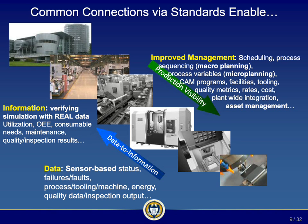But the idea really is to be able to present the data at the right level. It might be for a machine tool, what's my uptime? What's my utilization? It might really be at the individual tooling level. How long is this tooling lasting and so forth? But you've got to have this connection. You've got to enable it via standards and so forth, and to be able to move it back and forth. So let's talk a little bit about